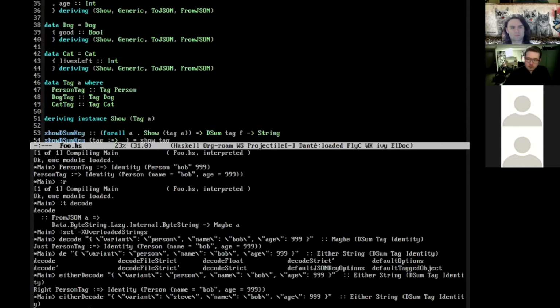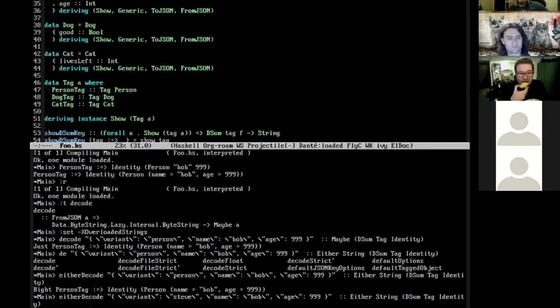Is there anywhere else that you've seen people using this dsum technique? Any other examples? Andrew McMillan used it a bit in a talk at Compose a couple of years back, where he was using it with property-based testing to manipulate the WordPress API.